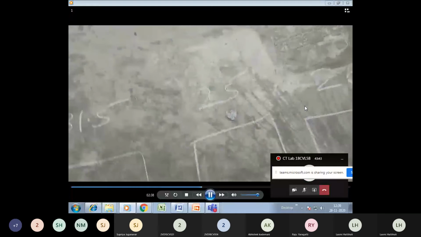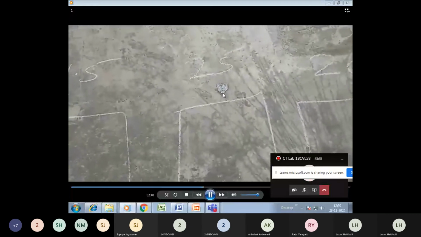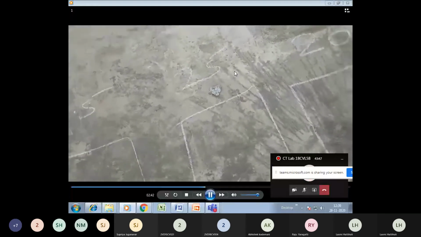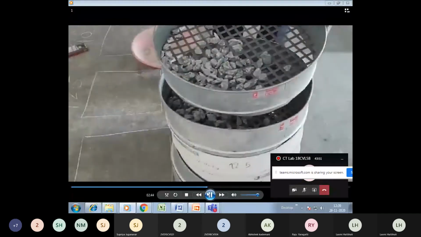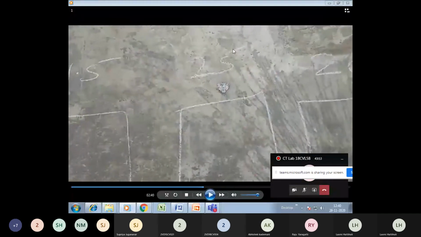Right. So this is the 25 mm retained aggregate. I have kept it just beside the block. The meaning is that this aggregate, which has been kept here, is retained on the 25 mm sieve size. So I have kept it beside the block.